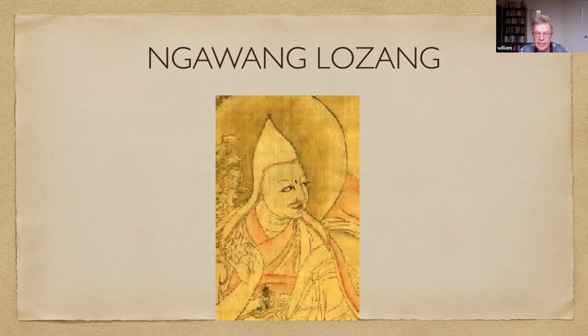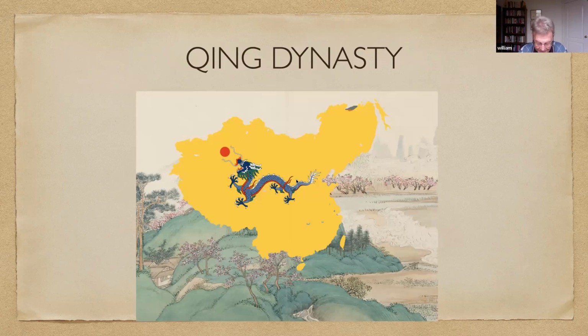So we're now going to move forward to the Qing dynasty, because politically, all this time, the Chinese empire is intact. They're the Ming after the Yuan, and then the Qing. They keep political eyes on Tibet. They make sure things are not going against their own needs. And this is the last Chinese dynasty.